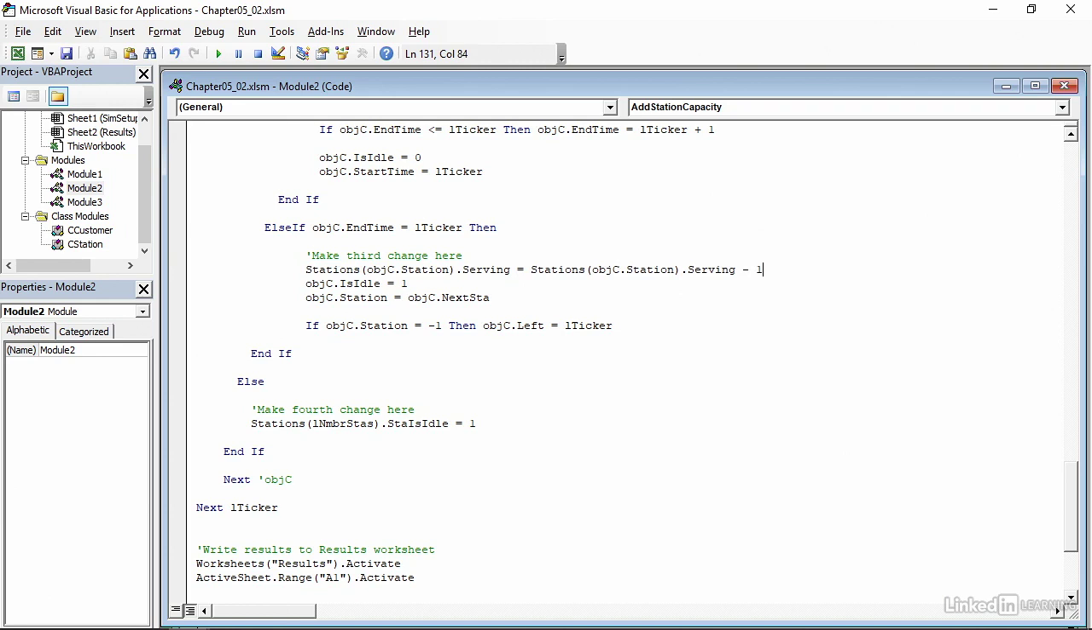And we can do the same thing at the 4th place. In this case, we are setting the last station to idle. That's what L number stations indicates. So if you have 3 stations, then the 3rd station would be set to idle with this line of code. What's happening here is that we are subtracting 1 from the serving property of the last station in the chain. So I will delete everything back to the period. So we have stations and then L number stations in parentheses, period, serving equals, it'll be this property again. So I'm copying and pasting